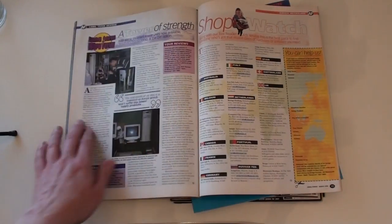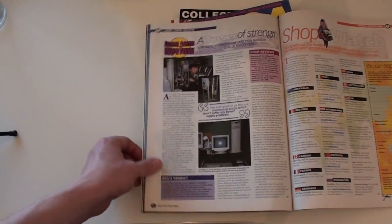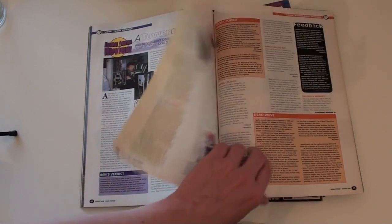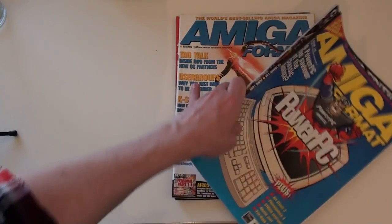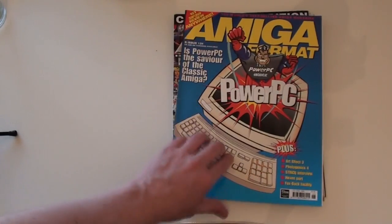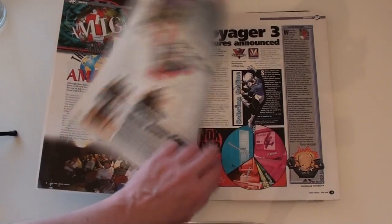Yes, they did a lot to bring it together. They also invited readers to write reviews by this point, which were always really interesting. And I believe one of these has a look at user groups as well. Yeah, user groups. They'd often go around and do reports from communities of Amiga users around the country,